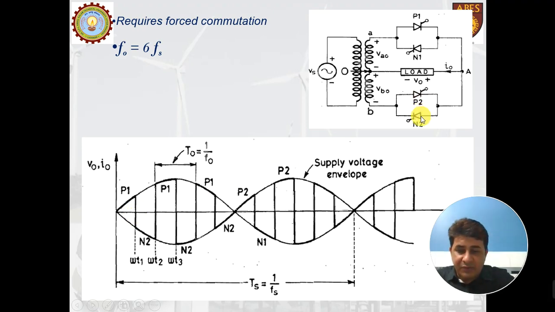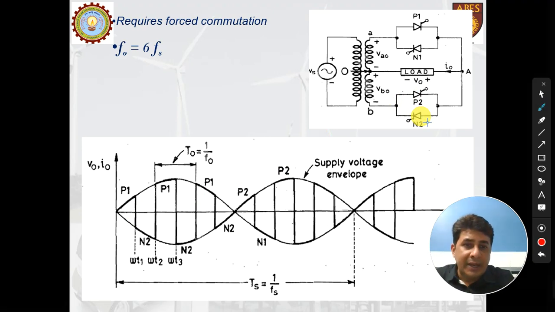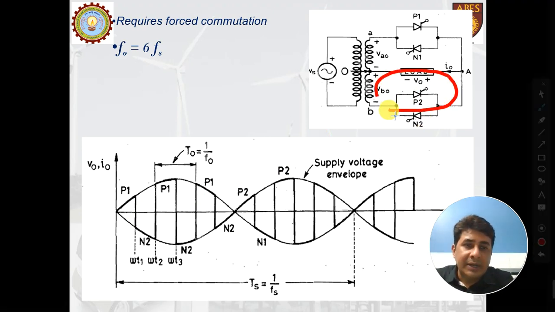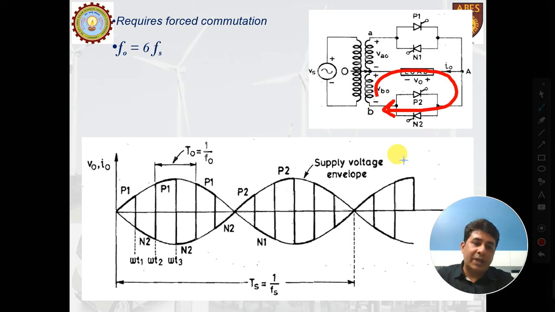So as and when we give a firing pulse to N2, the current in this direction is established. That means we start receiving a supply at the negative side. So by firing N2, we start getting the negative output. So N2 is fired here. Up till this point, we keep this N2 on, and at this particular point,